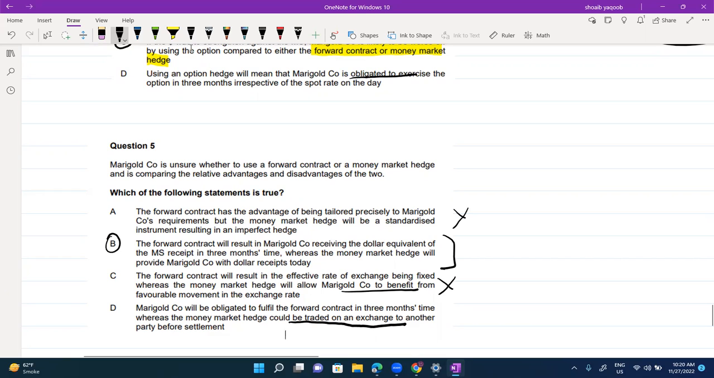मनी मार्केट तो प्राइवेट कॉन्ट्रैक्ट है ना, खुद बनाते हैं।